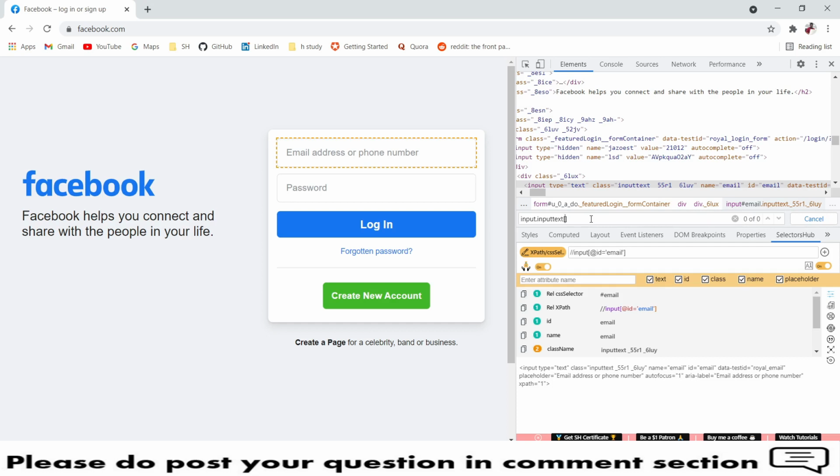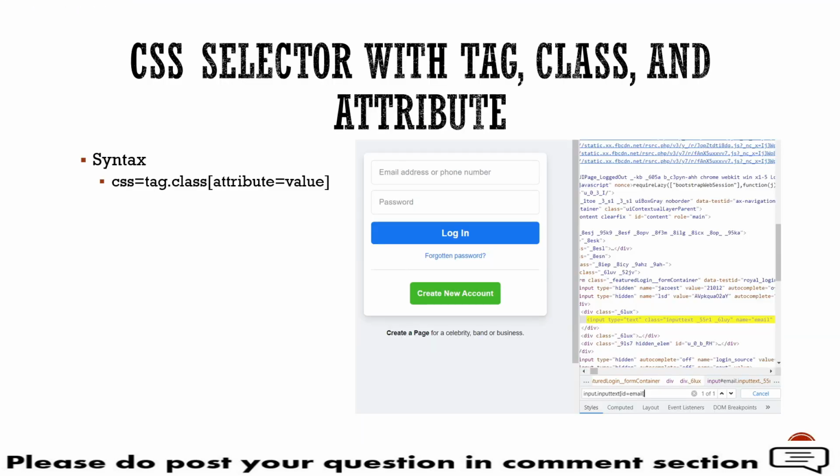Here my attribute will be name, name equal to email. So you can find this one of one. So this is one way of finding the locators. And here in the selector hub you will find that it will always show you the best approach and the fastest approach you can use. In case you wanted to customize it, you can directly customize it. So let's jump back here.